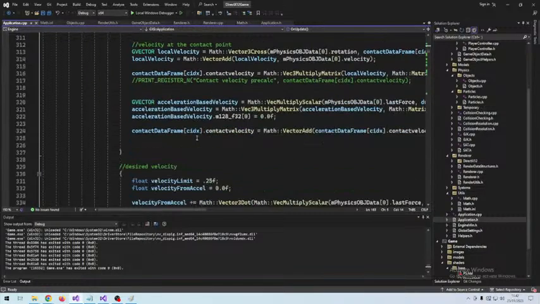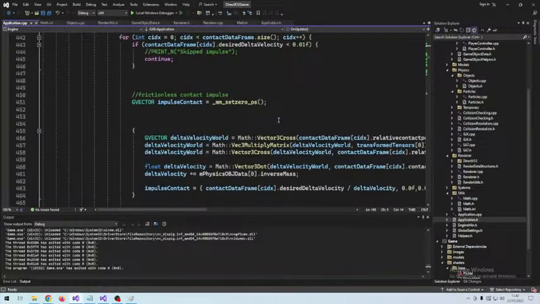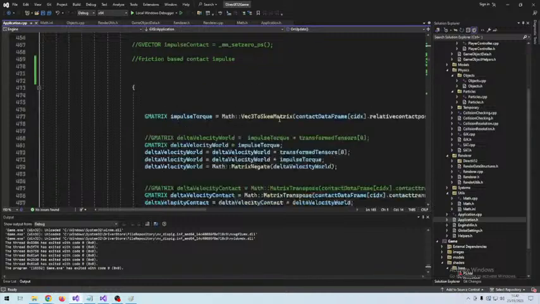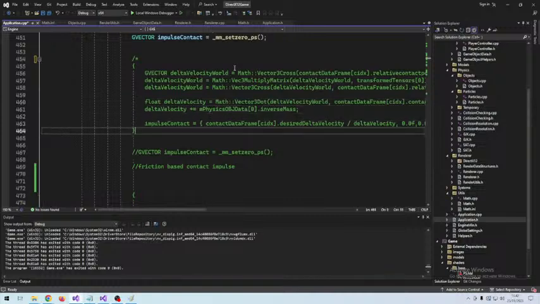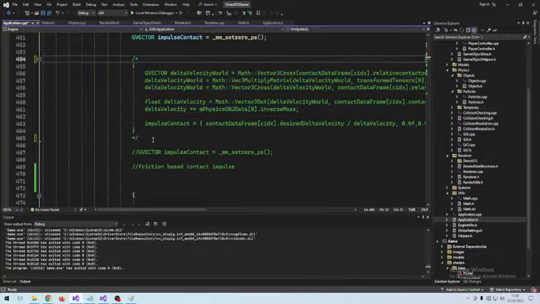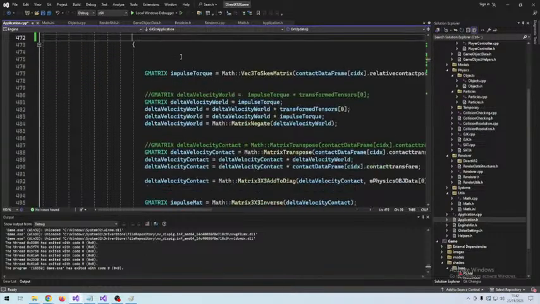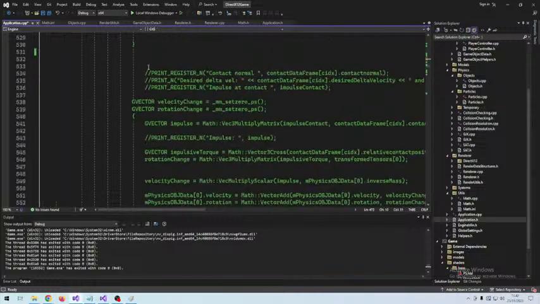I simply think that we are storing perhaps some matrices wrong. Let's disable this for now, because with strictly frictionless based handling,